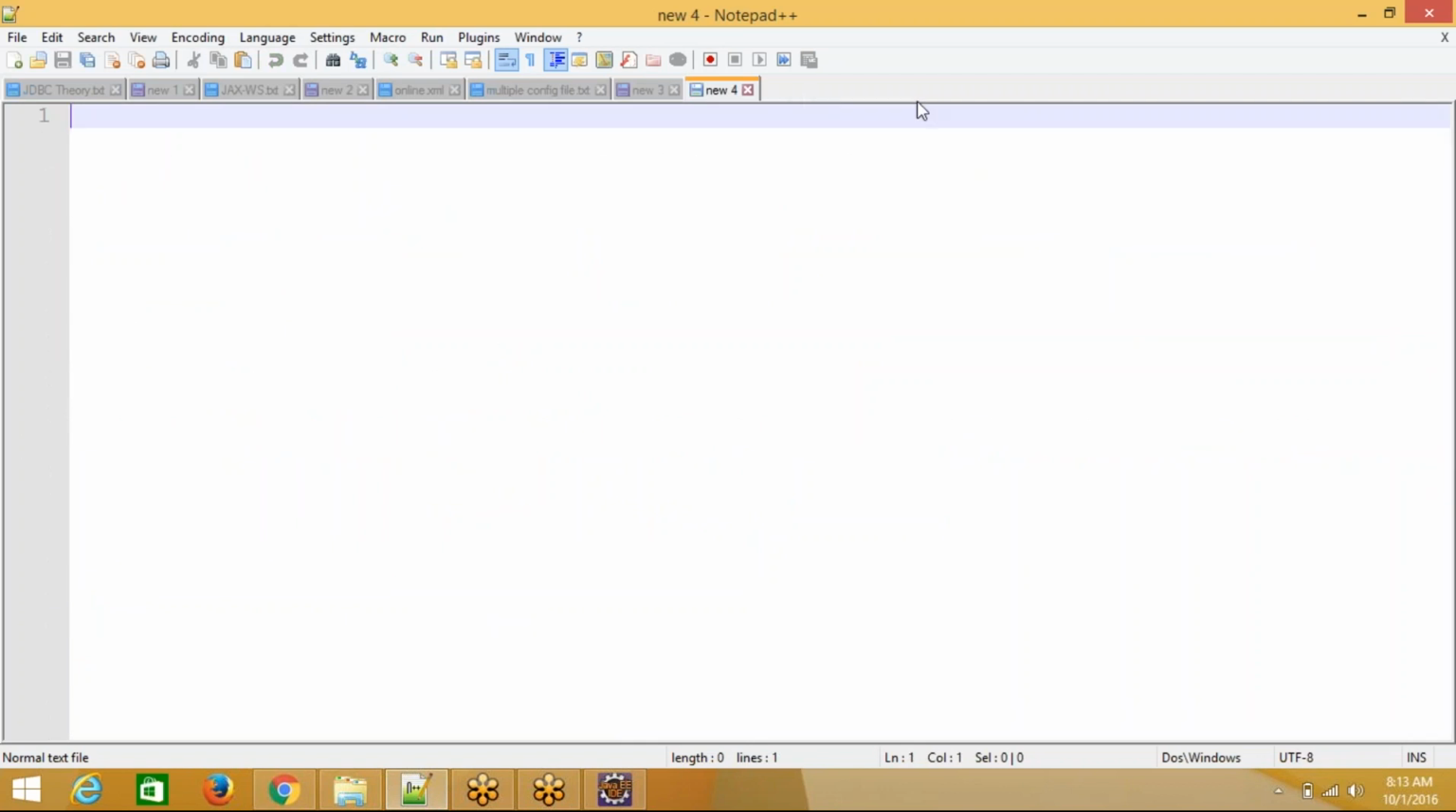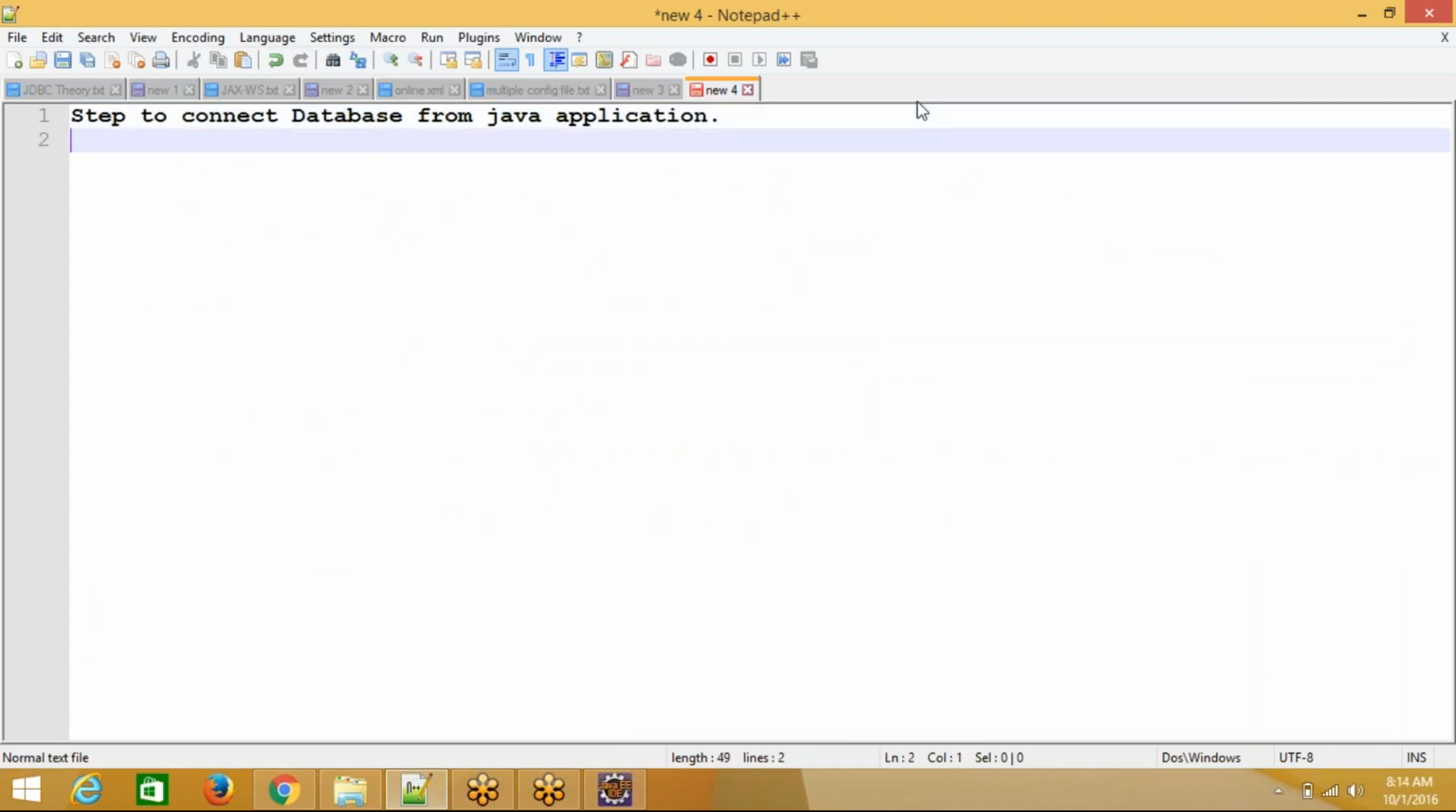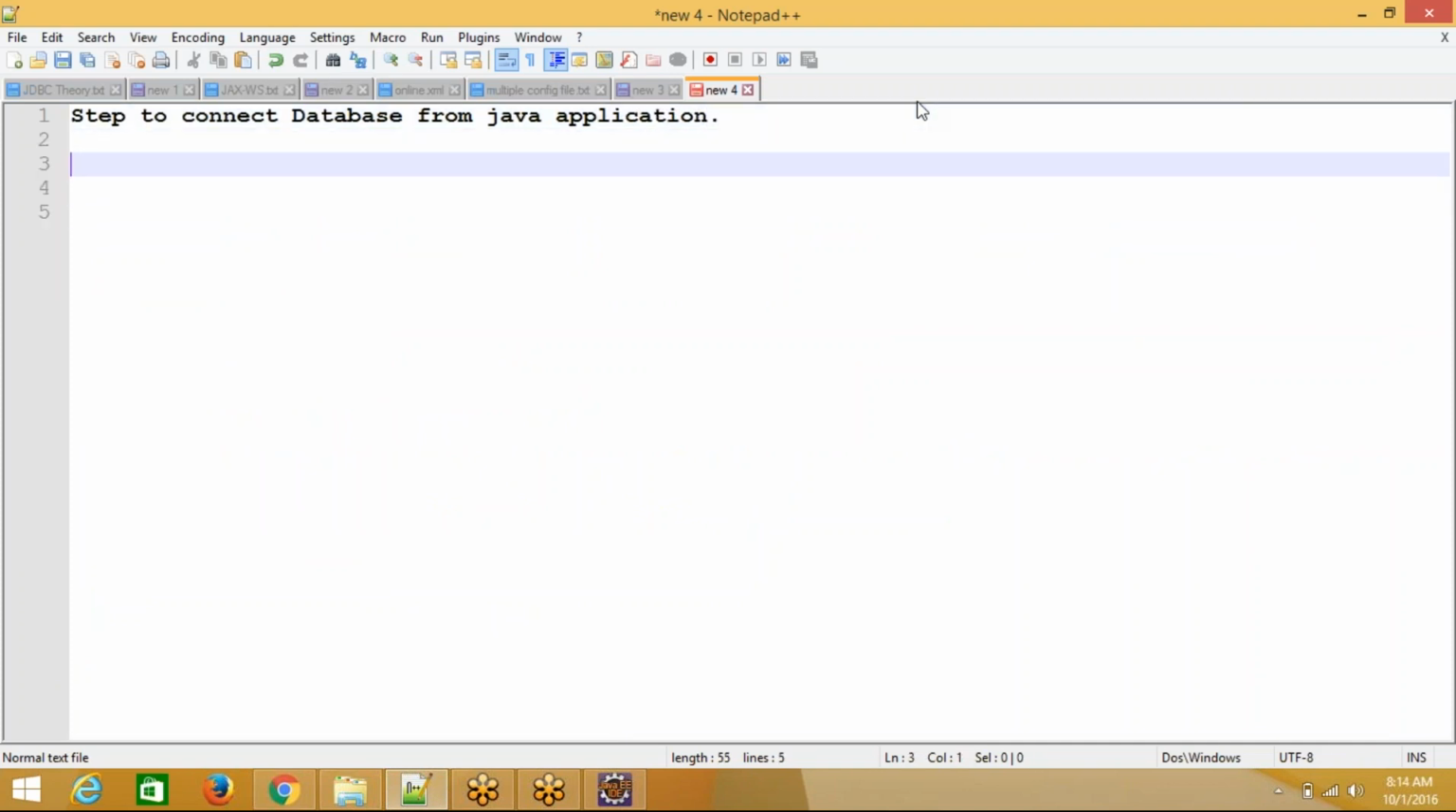This is important. This is an interview question also for freshers. They may ask the question like steps to connect database from Java application. You should know these steps. What are the steps to connect database? First step, load